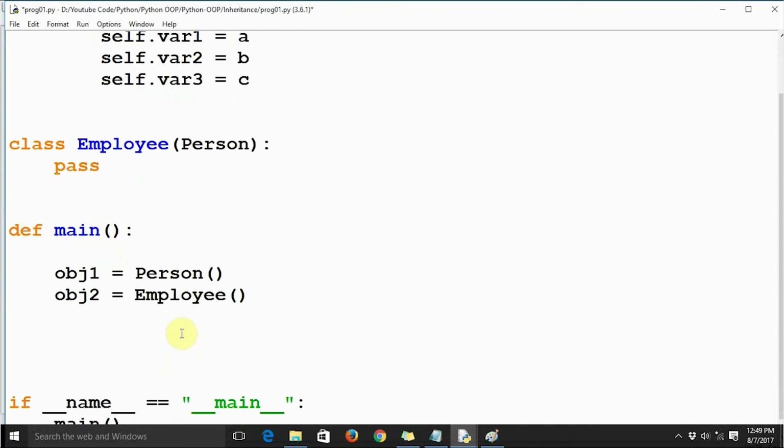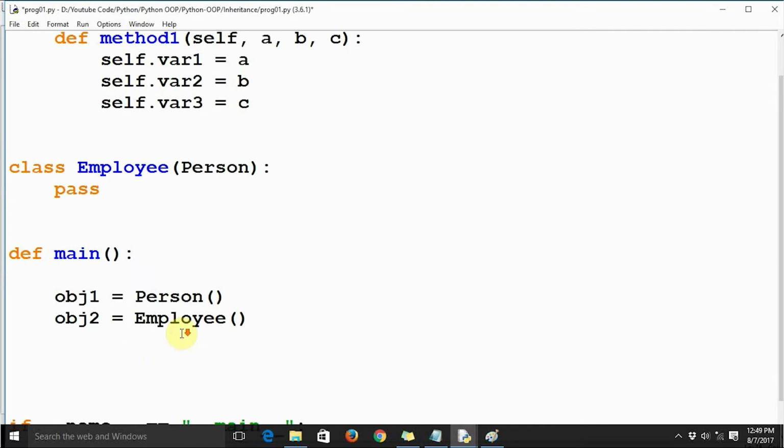So now we can call method1 by object 1. Let's say obj1.method1, and we need to pass 3 values. Let's say 1, 2, 3.